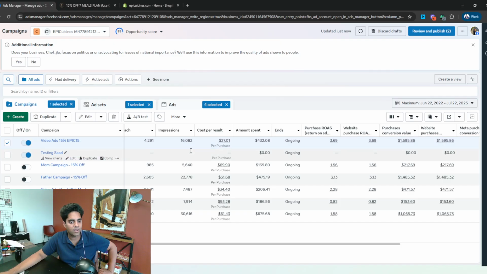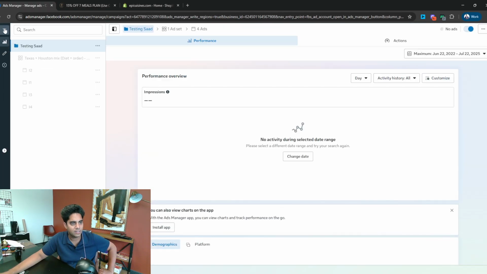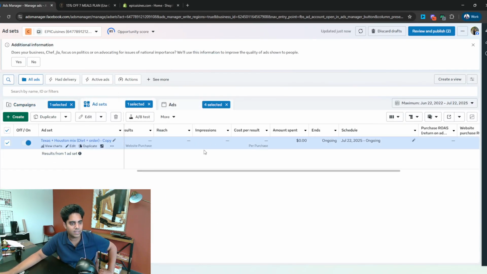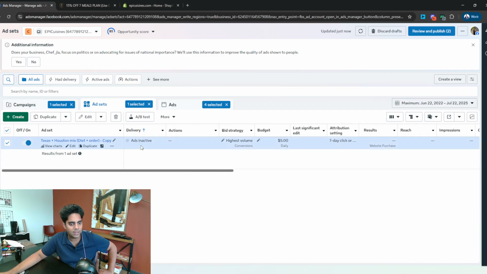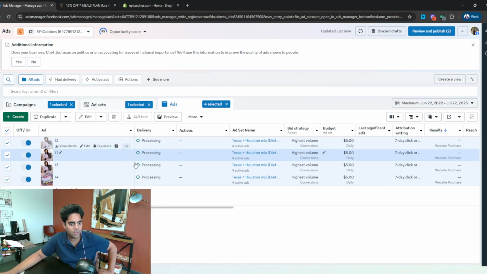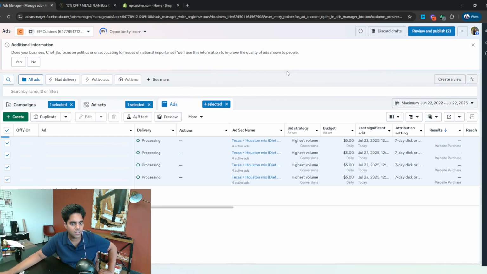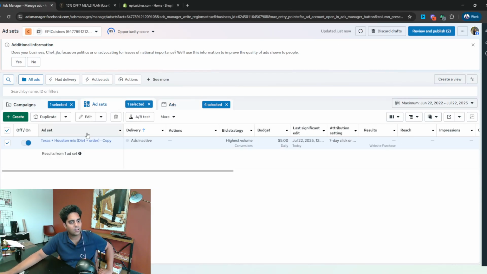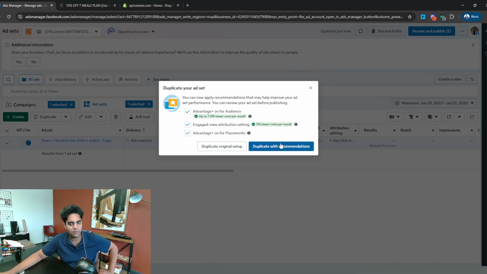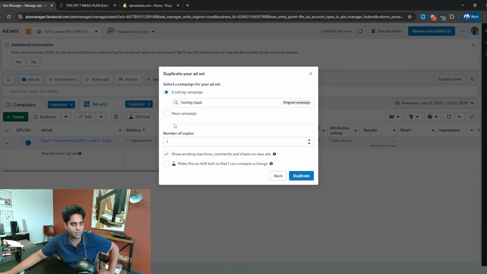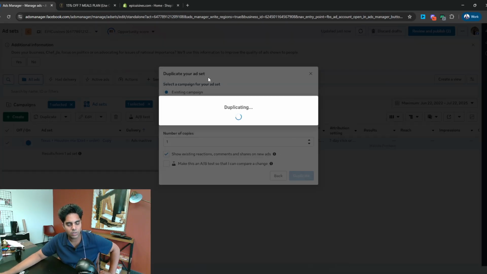Okay, so now we've got a new campaign here that's called Testing Sod, and if we go to the ad set level, we've got one ad set here that's inactive, and then we've got the video ads that are processing. So now it's going to automatically launch in a second, and obviously we want to give it more of a chance. So we only have one ad set. We want to duplicate this, and we want to duplicate the original setup, and this time we want to keep it in the existing campaign because we want to just give it more of a chance. We want to target other people. So we click duplicate here,